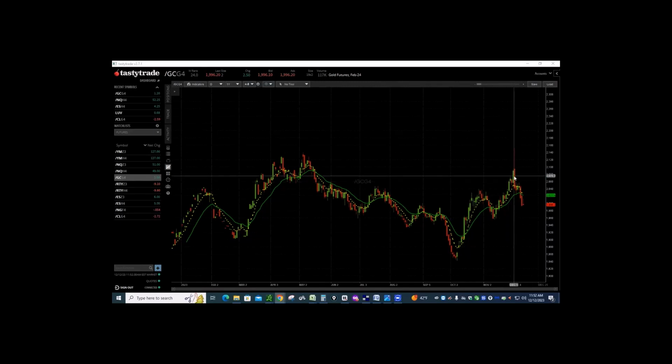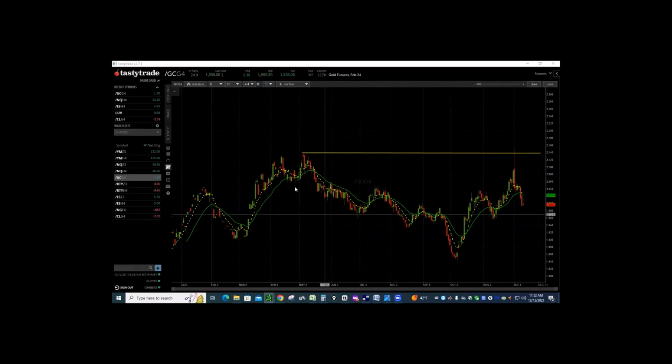Gold back here on December 4th hit some new all-time highs, taking out the previous high. There were a couple of highs actually, back in May of 2023, and then another high that was very close in March of '22. The prior all-time high was 2089. But recently, gold hit 2152 an ounce.